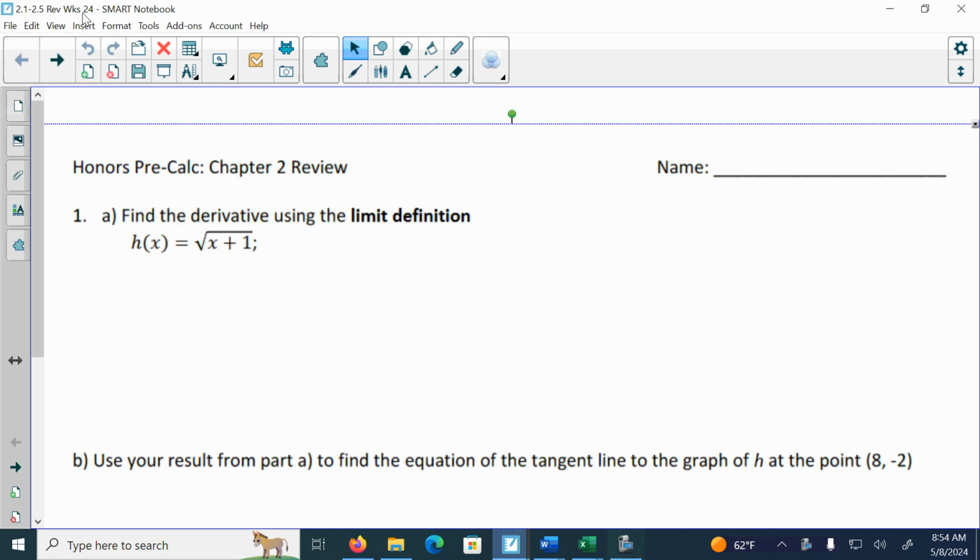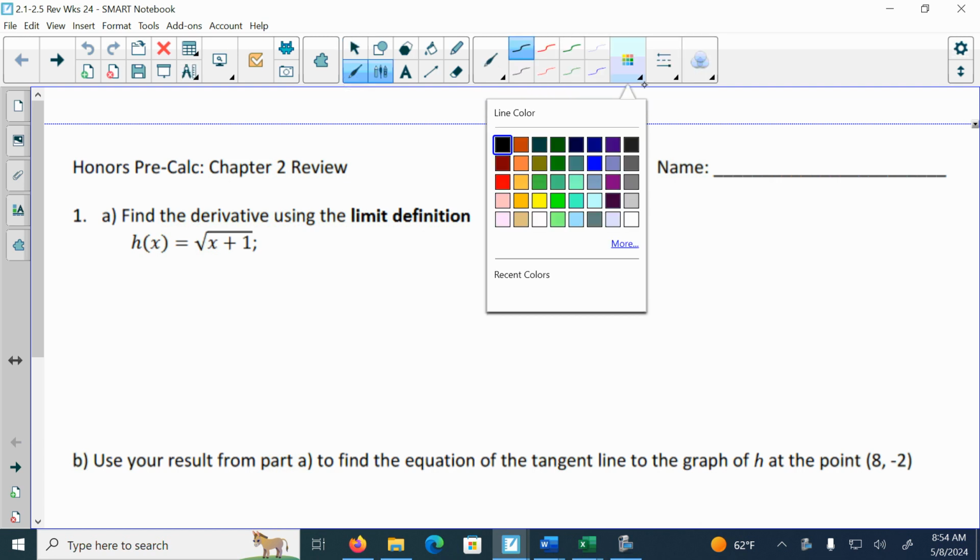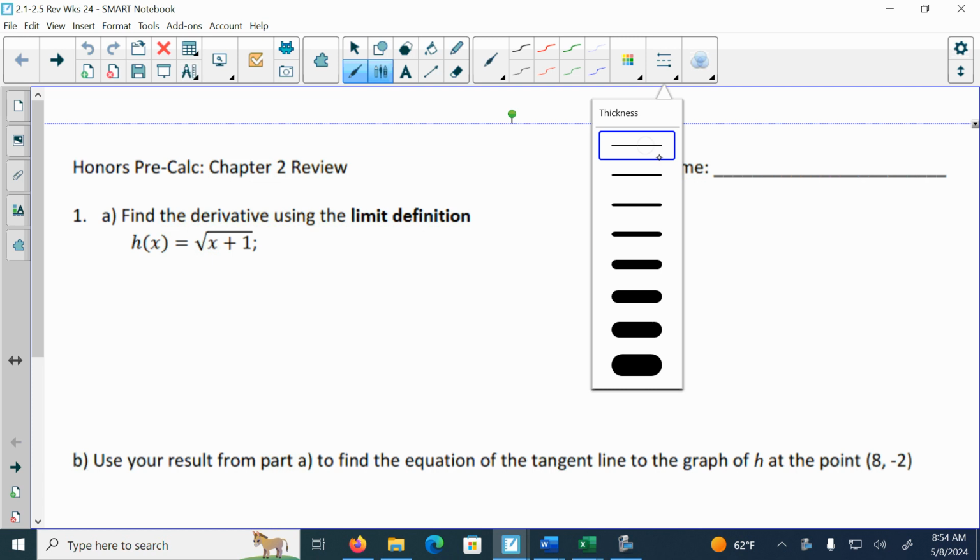I'm going to go over the review worksheet for Chapter 2. And remember, this one is only going up through Section 2.5. All right, so find the derivative using the definition of a limit. You're going to have to remember the limit definition. I will not provide that for you, but just a reminder, that's a limit